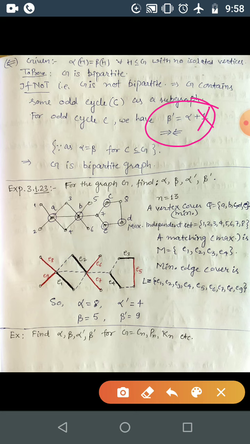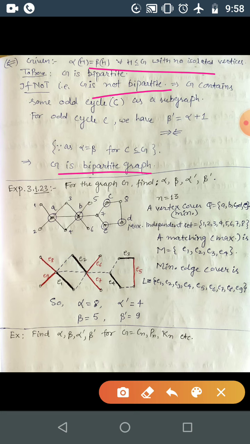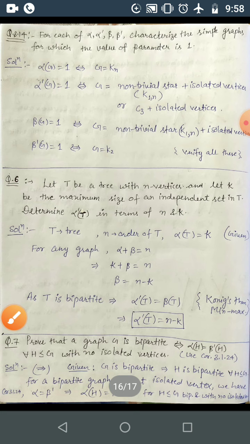Means to say this odd cycle should not be present there for this condition to be true. Correct? So whatever we have assumed is wrong. We have assumed that G is not bipartite, means to say this condition is not true. This condition is not true means G should be bipartite. Correct? So G is the bipartite graph. So here again what we have proved, we have proved that a graph G is bipartite if and only if alpha H is equal to beta dash H for all H subgraph of G without isolated vertices. Okay,